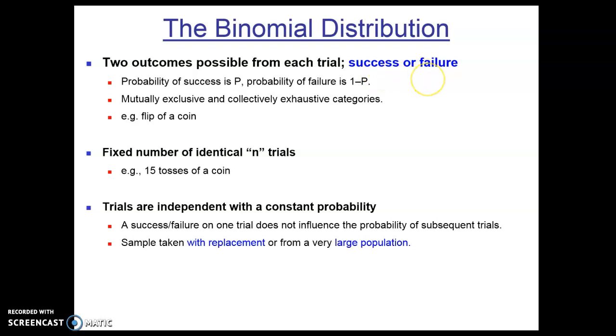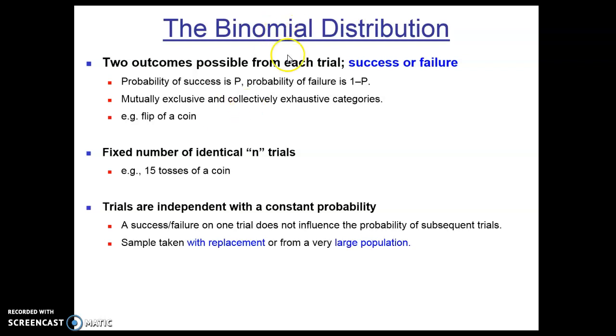Flip of a coin is a good example. If we define a success as getting heads, then we've defined a failure. It's tails. It's one or the other. If there's only success or failure, then you have mutually exclusive and collectively exhaustive categories. Mutual exclusivity means if you get heads, you can't get tails, and vice versa. Collectively exhaustive means that the probability of a success plus the probability of a failure is 100%. Another way of thinking about it is you can only get heads and tails, and that would occupy your entire